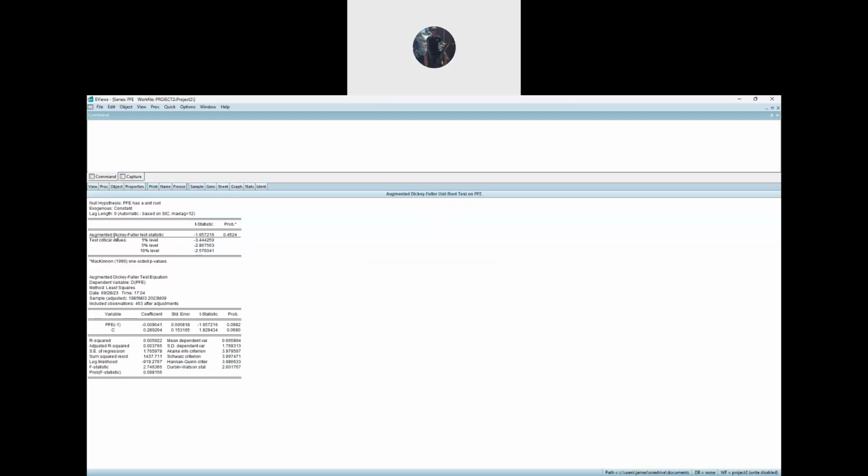So here's the null. It has a unit root. Here's the Dickey-Fuller test, 1%, 5%, 10% levels. And here's your test stat. So your test stat has to be bigger than these critical values, absolute value. And you can see that it's lower. So it's not significant at any level,